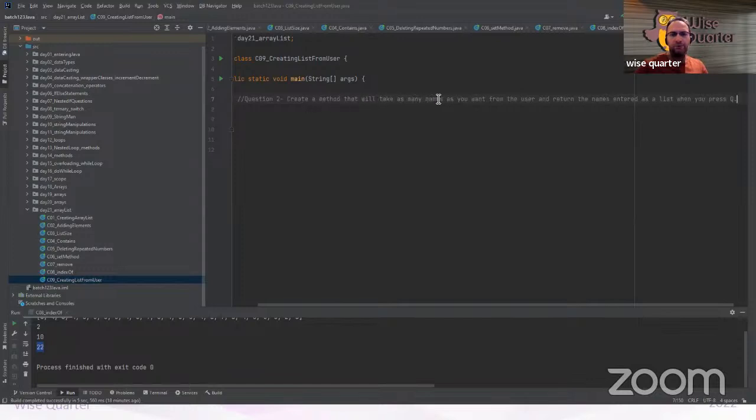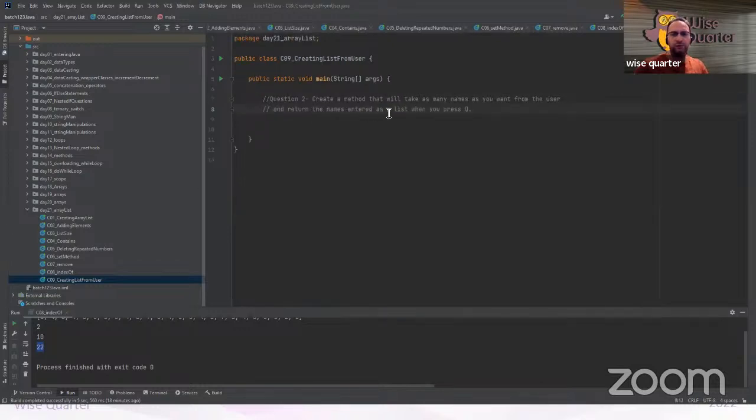Create a method that will take as many names as you want from the user and return the names entered as a list when you press Q. The logic is very simple. We will create a method and it will return a list. Let's print it. Let's create a terminator. We will have a method and we are not sending anything. Inside of the method, it will take all the values from user. Take names